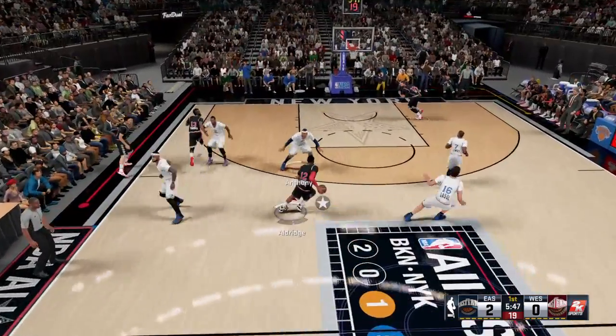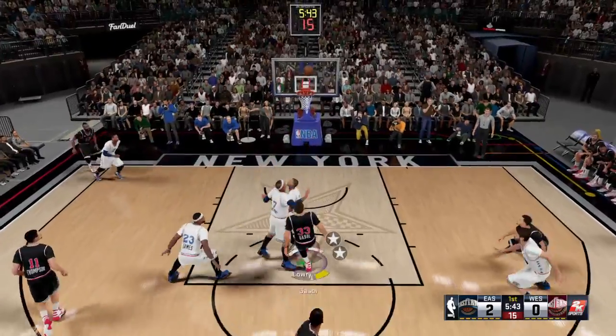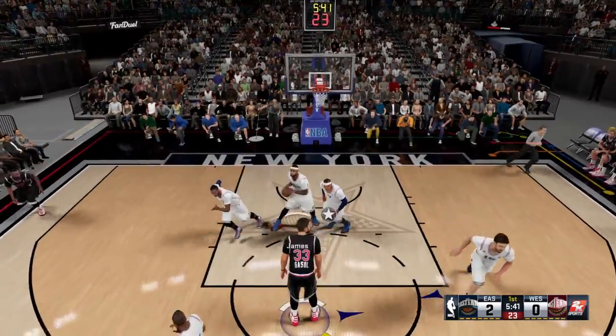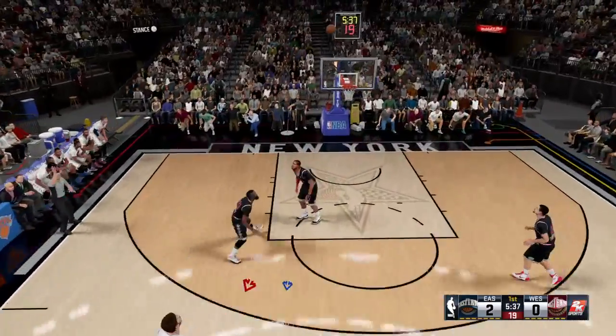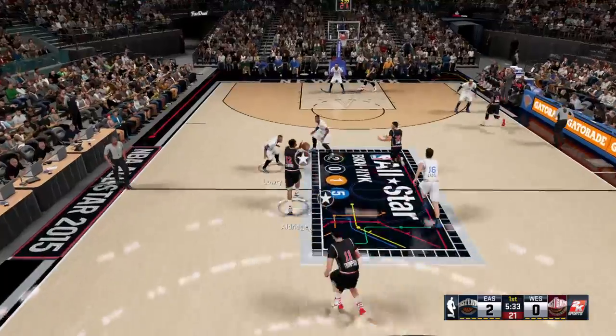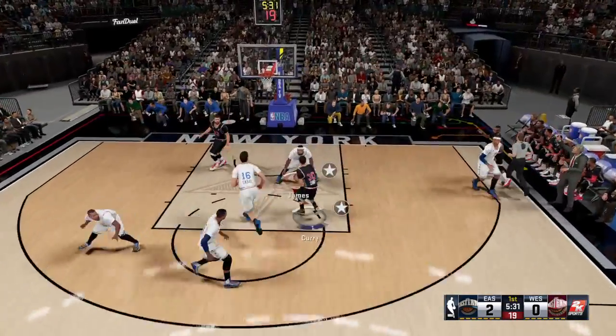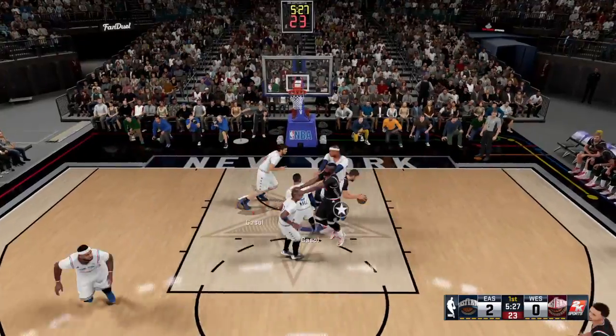Here's Aldridge after Pau Gasol's bucket. Here's Gasol. And it's LeBron James with the rebound. And here's the East. I'm not even going to comment on that. Neither am I. I mean, if you're going to attempt a buzzer beater, I guess I will comment. Make sure there's actually a buzzer to beat.